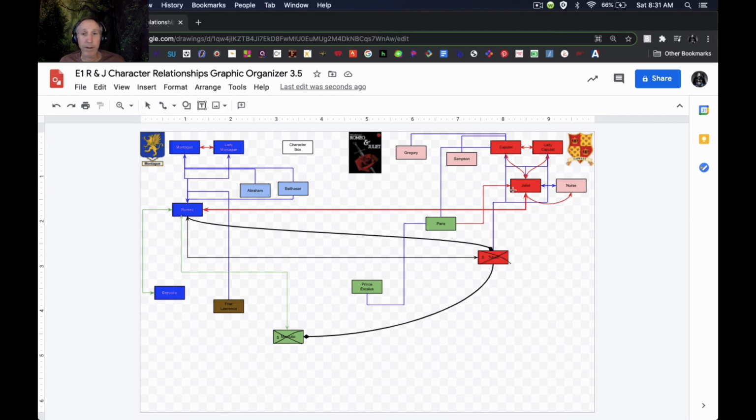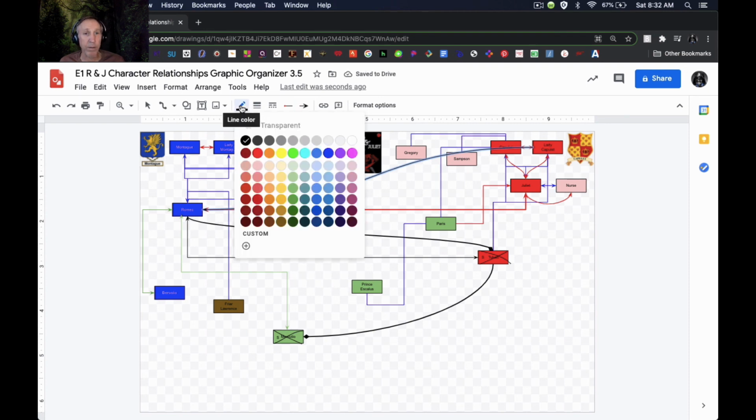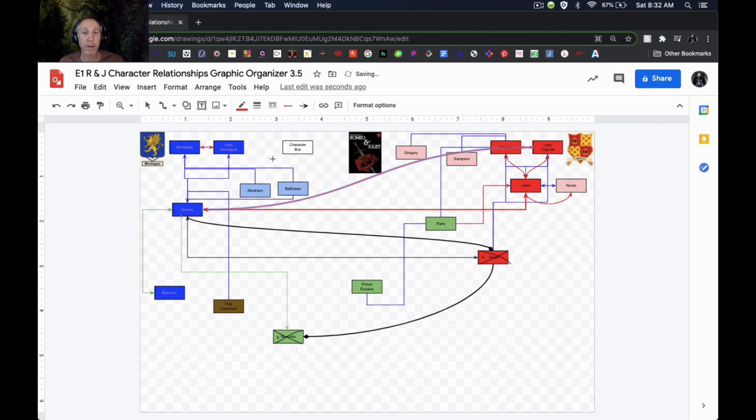So let's take a connector from Lady Capulet. Let's start here. And bring it towards Romeo. We got to move Samson a little bit, but I'm okay with that. It started okay. I don't think Romeo necessarily hates her. He probably would like to get along with his new mother-in-law, but she's not going to have any of it.